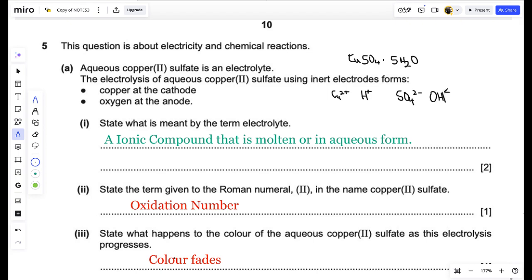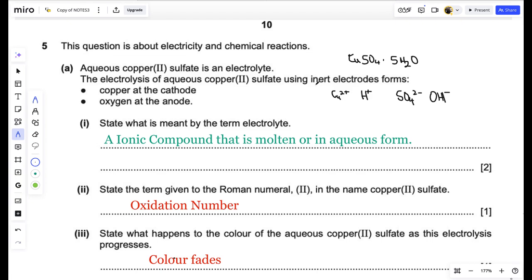Now these ions, some will migrate to the anode, some will migrate to the cathode, depending on the electrodes. Now it says the electrolysis of aqueous copper 2 sulfate using inert electrodes. What are inert electrodes? Platinum is an inert electrode. Carbon, like graphite, is also an inert electrode. When you use inert electrodes, the electrode itself will not be used up. Copper is not an inert electrode. If you use copper, the anode will dissolve and the cathode will grow bigger. But if you use inert electrodes like platinum or graphite,